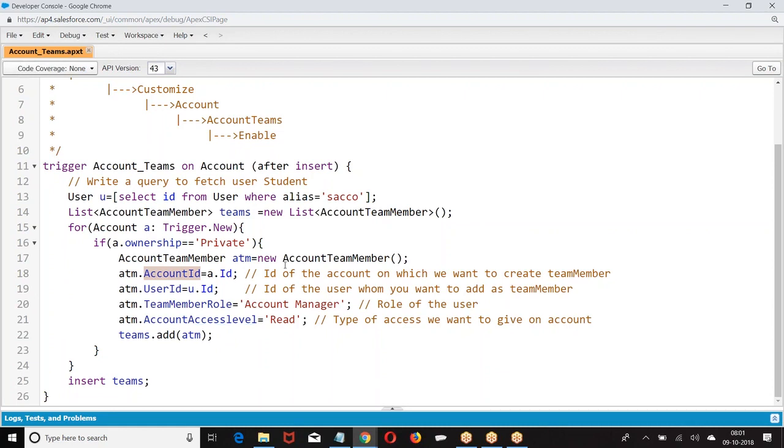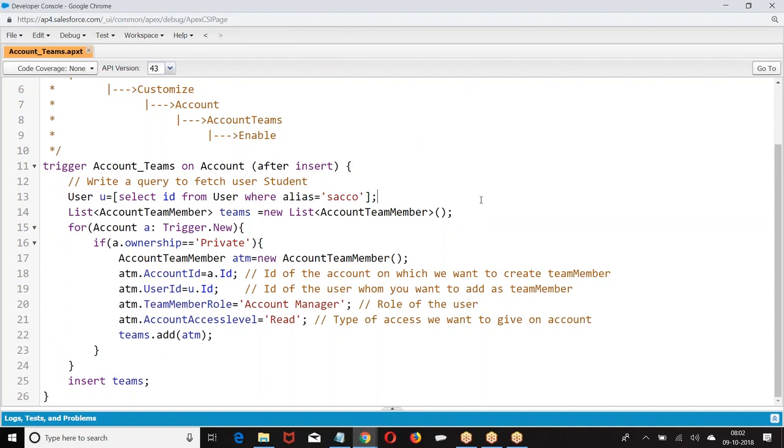Okay. Now, I want to go with the next concept. How to share a record programmatically. We have sharing rules. When can you share? If you are the owner of the record, you will be sharing. Or else I can go with the manual sharing rule. I can share with the criteria based sharing rule, owner based sharing rule, territory based sharing rule. By using these sharing rules, I am sharing based on role hierarchy, based on manual sharing, based on criteria, based on the ownership, based on the roles, and based on the territory, records will be shared. Am I right or not?